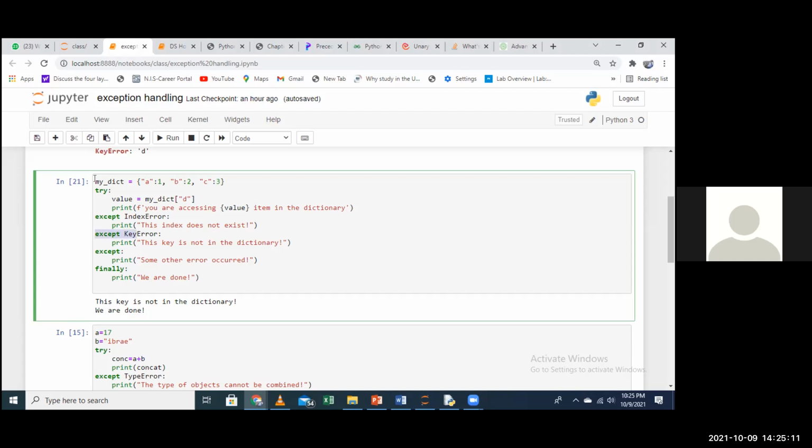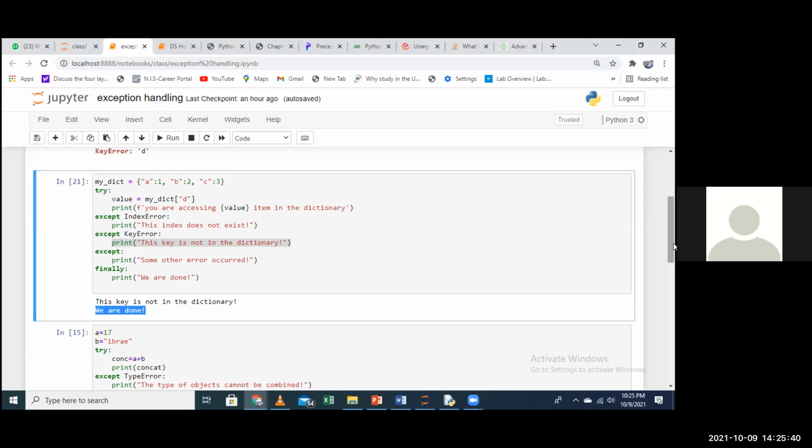Since this is a key error, we are dealing with a dictionary, and we are trying to access a key that does not exist, our computer just gives this output: the key does not exist. In short, it's telling you that the key of the dictionary that you are trying to access does not exist. You don't have that key. And then finally it executes this. Finally is what is executed regardless of what happens.